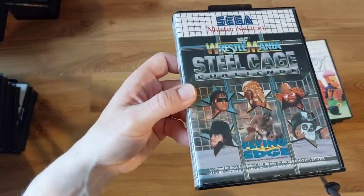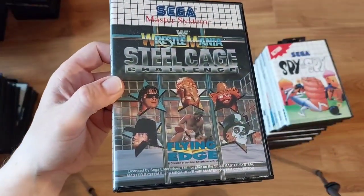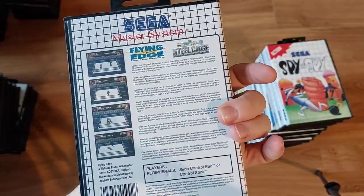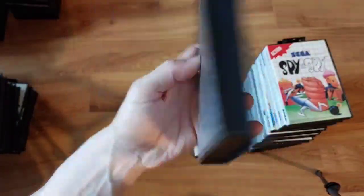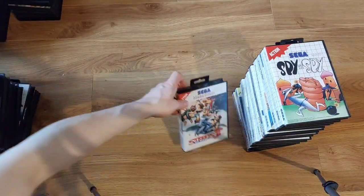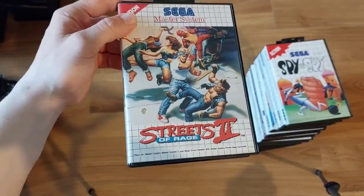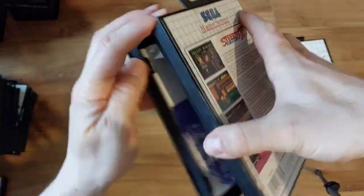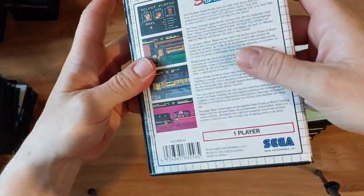Next up we have WWF Wrestling Steel Cage Challenge. It's Flying Edge. It's okay. If you like wrestling, I guess you're going to like this. I think I got this bundled with Streets of Rage 2. Streets of Rage 2 has shot up in value, I believe. So yeah, I got this with